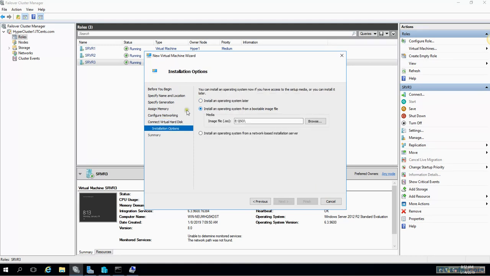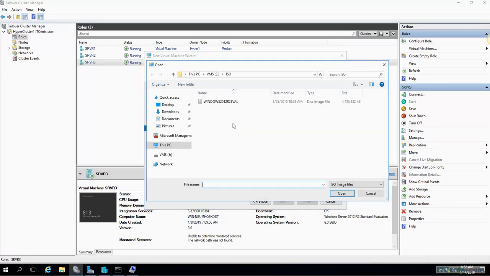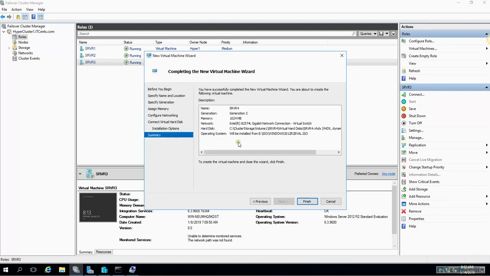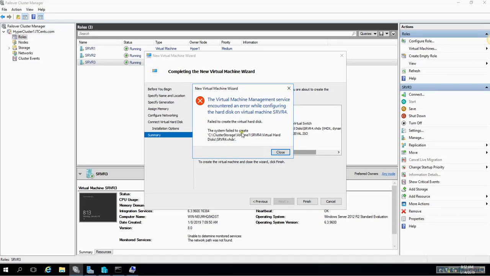And I would like to install an OS, and I think I have an ISO on the local volume, so I mount that, just to install an OS. Otherwise, this ISO is on local volume, so of course it may create a problem when we want to do a live migration, or want to make the virtual machine highly available, it will give me a warning. So if I say finish, after configuring this, oh,